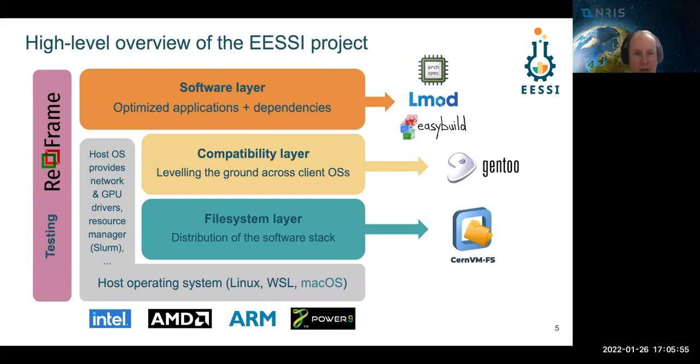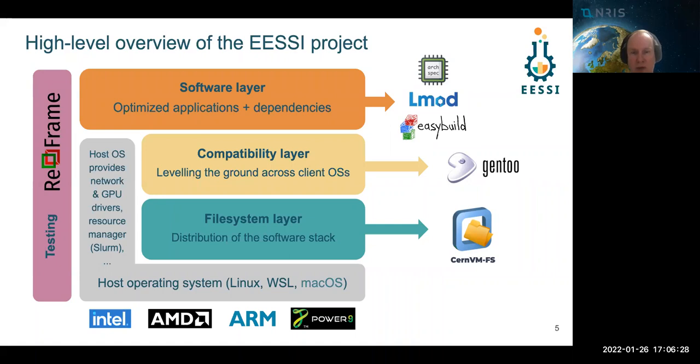So there, all the colored layers are components of EESSI, and the gray layer is what we get basically from the operating system. How we... at the lowest layer, next layer is the file system layer that we use to distribute software stacks, and here we use CernVM-FS. Next comes the compatibility layer, and that we use to have one interface to different client operating